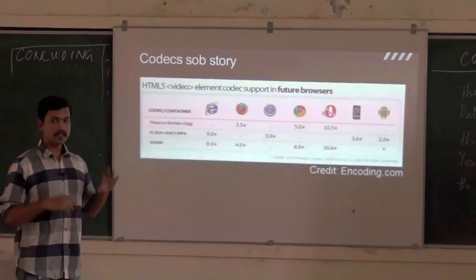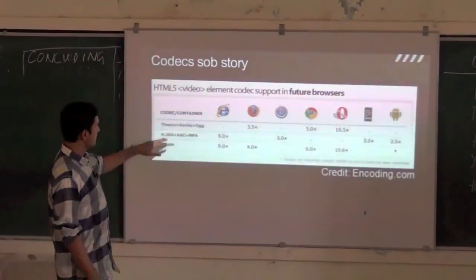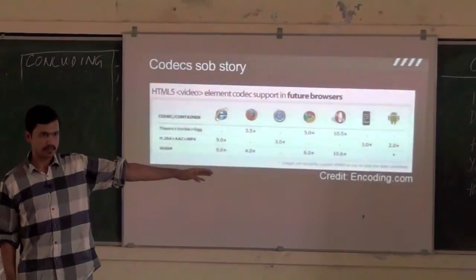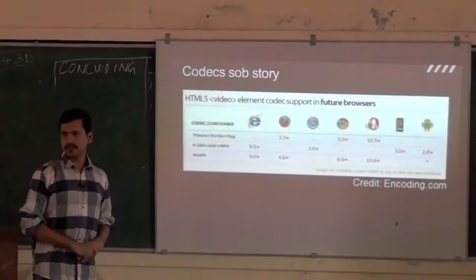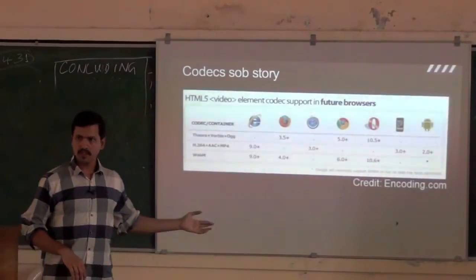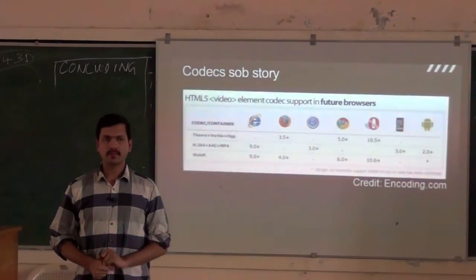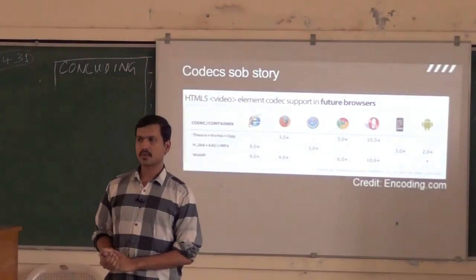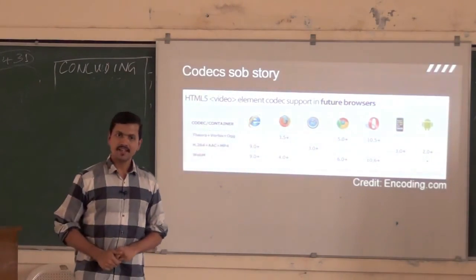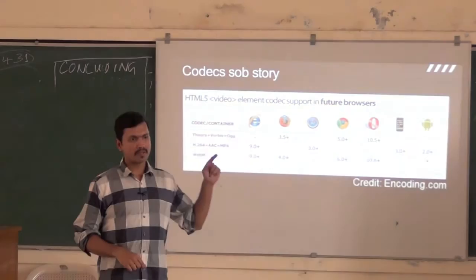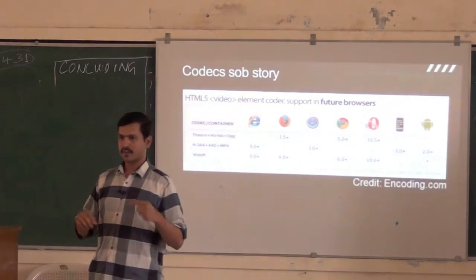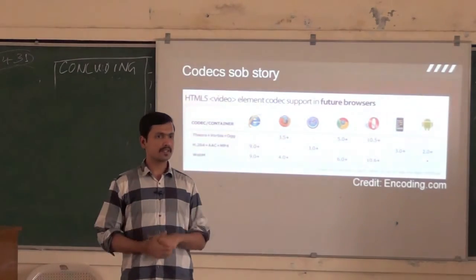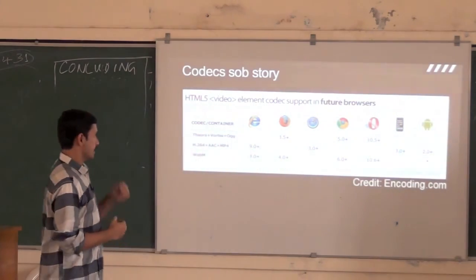So Firefox, on principle, has so far supported Theora as the video codec. So if you have a video which is encoded in H.264, it will not play in Firefox. And recently, just last week, probably a couple of weeks back, they made an announcement that Firefox wants to start supporting H.264 as well. So this is actually probably very similar to the pseudo standard case, right? Firefox has started adopting something simply because it's really popular, right?